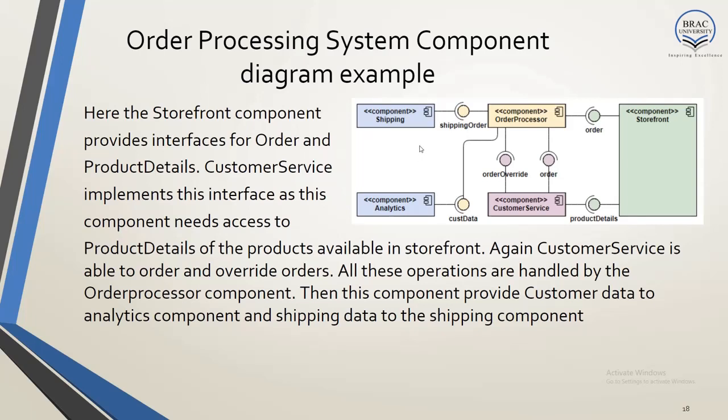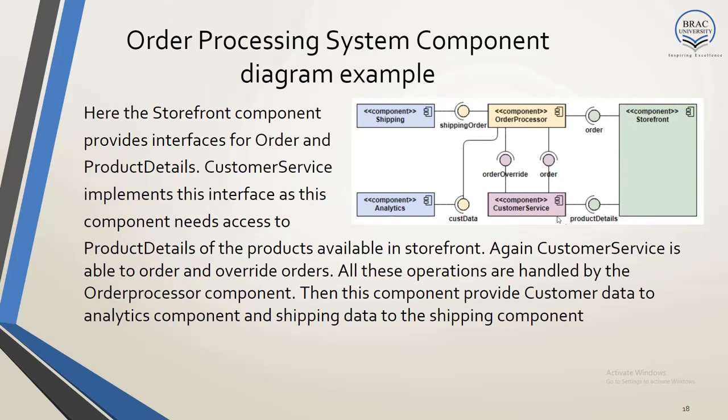Okay, now let's look at some examples of component diagram. First example is order processing system. In this order processing system, there is a storefront component, an order processor component, customer service component, analytics component, and the shipping component. First of all, the storefront component provides the order interface and the product detail interface, and the